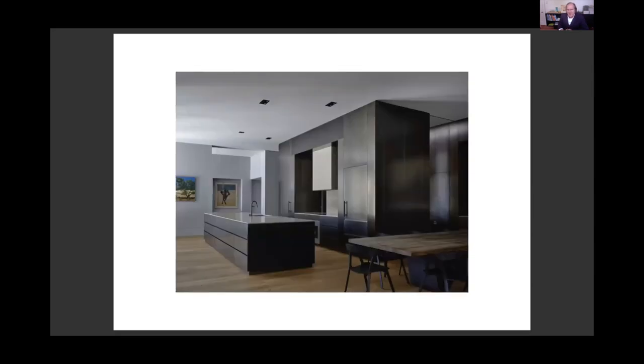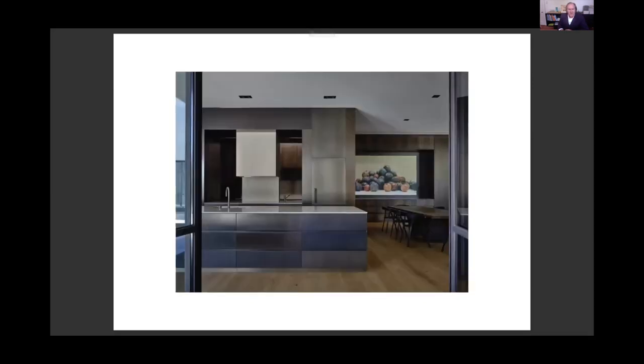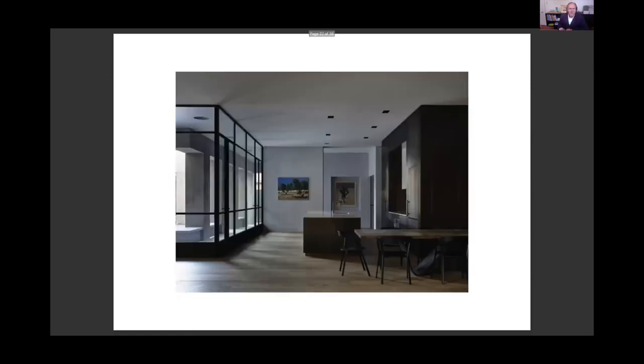Kitchen, once again, use of this patinated brass, and then looking back through to the prep kitchen beyond the main kitchen. On the right, looking through the service areas, laundry, den, mudroom, etc. And just a hint here of how that cloister